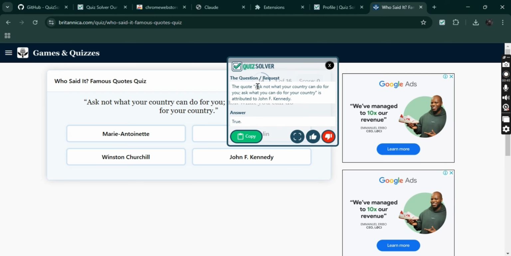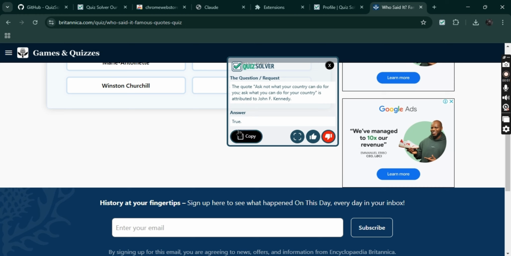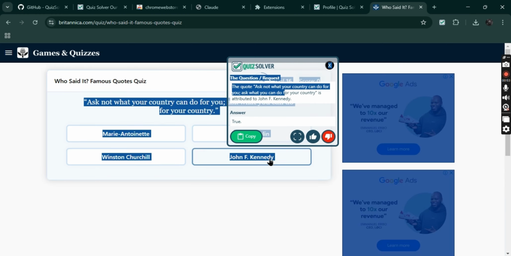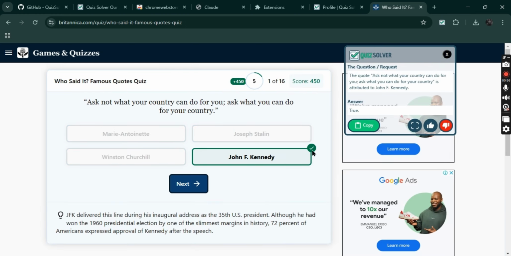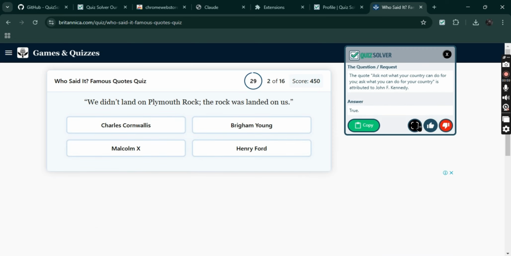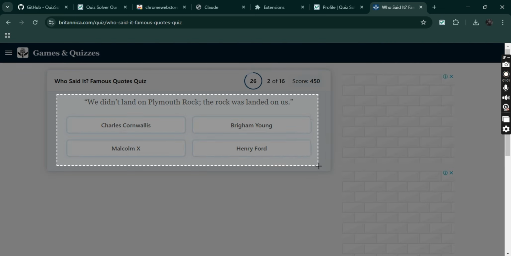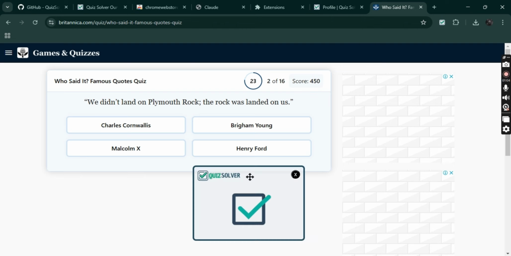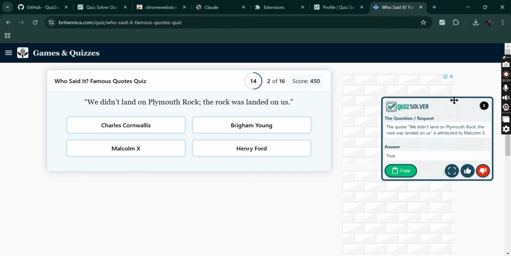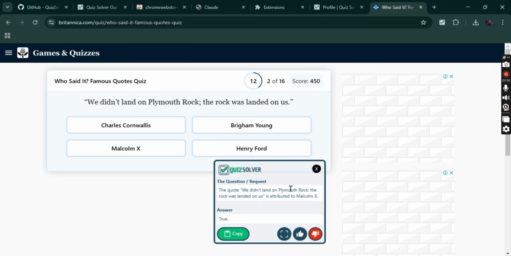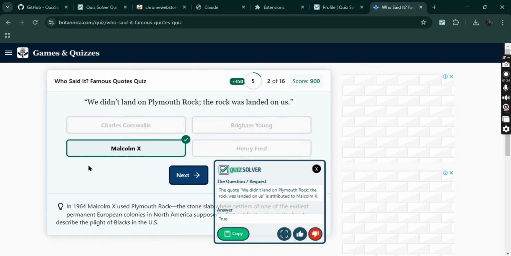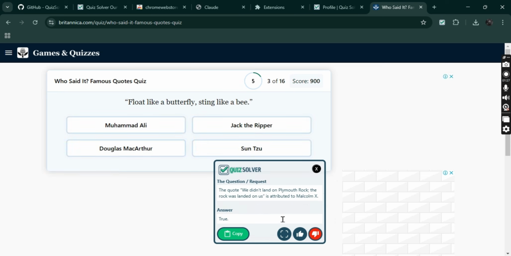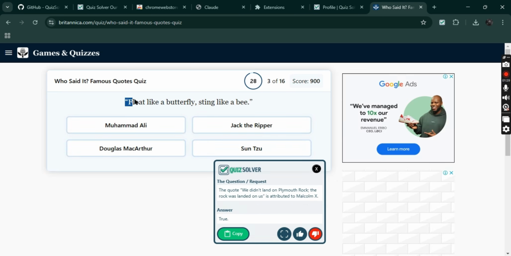Okay, QuickSnap. I select the question, and then I will wait for the answer. They said the quote, "Ask what your country can do for you," is attributed to John Kennedy. Answer is true, so it's John Kennedy. Let me try it. See that the answer is correct. Next. Let me try this one. They said the quote, "We didn't land on Plymouth Rock. The rock was landed on us," is attributed to Malcolm X. So if we select Malcolm X, the answer is true. Next. We can also try